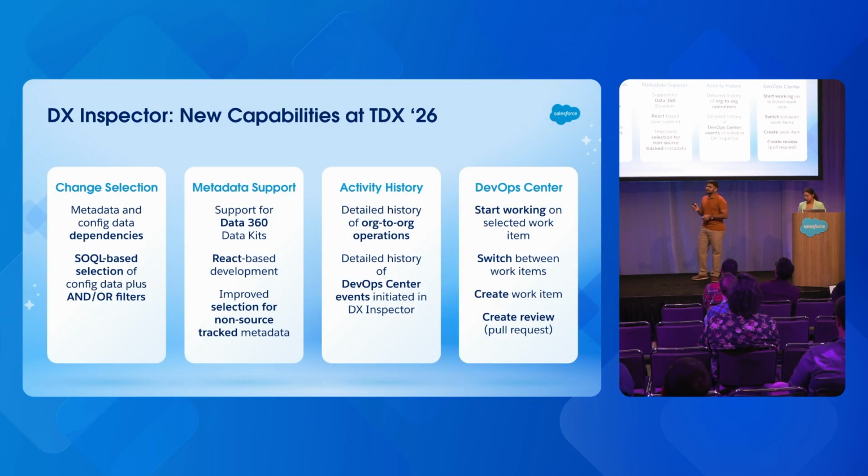These are the new capabilities that we are introducing at TDX today. One, we've not just introduced deployment of metadata and data, we've also added a spidering experience, using which you can view dependencies, whether you're doing metadata to metadata spidering or data to data spidering. When I say spidering, it means you can view all the dependencies, whether they are at a parent level or a child level. You can see all those dependencies and choose which ones you want to deploy from one org